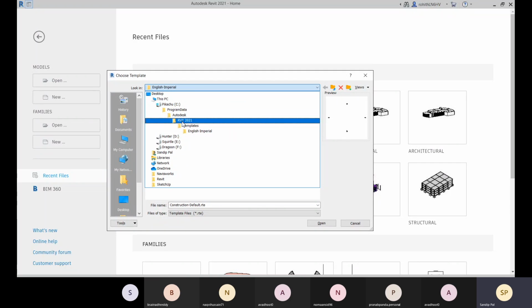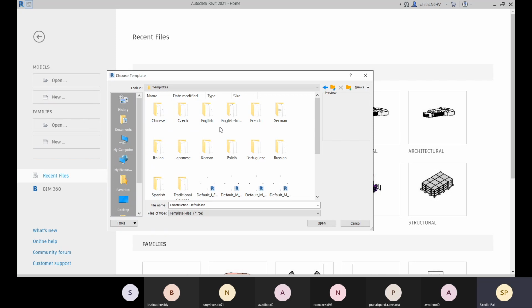Suppose you are installing RVT 2019, then you will have an RVT 2019 folder, and within that the Templates folder. As per your region or country you will choose the folder. Suppose you are Chinese, you can choose the Chinese one.